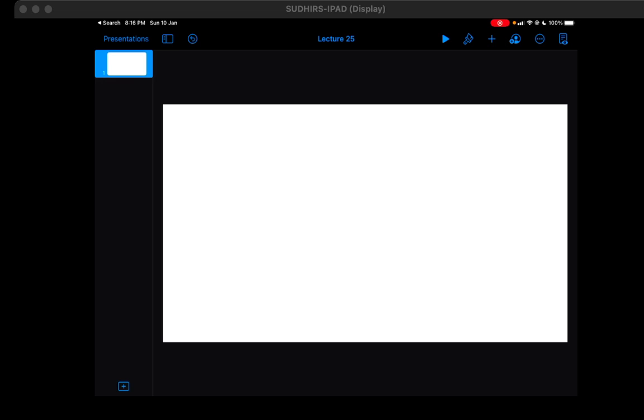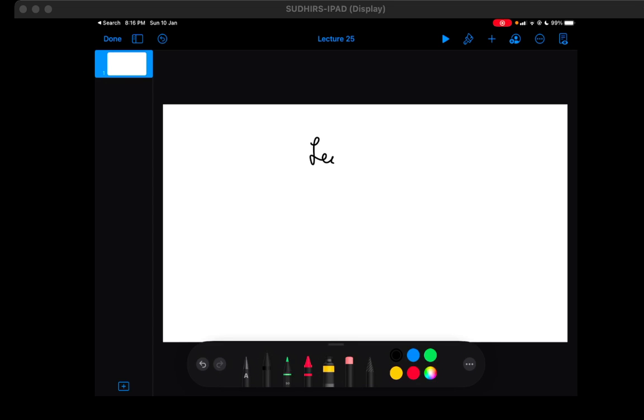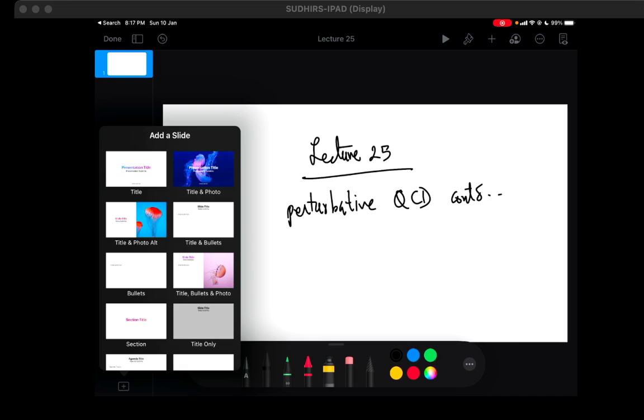Okay, so let's continue our discussion on perturbative QCD. To revise ourselves, just look at the full Feynman rules which we have covered in the previous lecture. So we had Feynman rules for